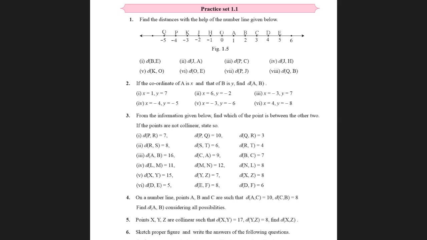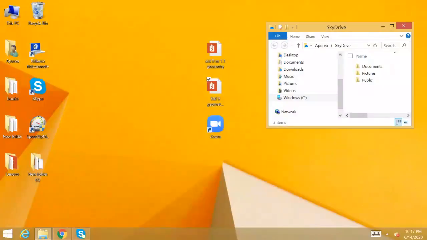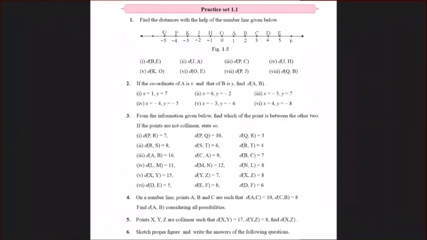Go to the second question. Same method. X is 6, Y is minus 2. Bigger coordinate minus smaller coordinate. 6 minus minus 2. That's 6 plus 2, which is 8. Okay. Children, I hope you have understood. You have to do those 6 sums exactly as I've told you. I'll show you how to do that one. One of which is done. I'll show you how to do it.